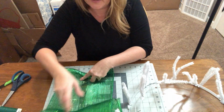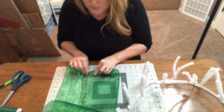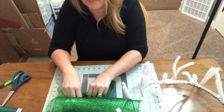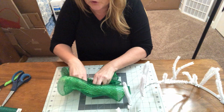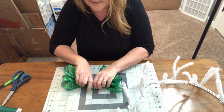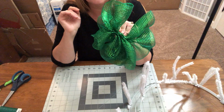So I take, here, let's set that right there. So I've got it curled right here on the edge, and then I start scrunching it forward with my fingers and pressing down on the table, because I want to try to ruffle this up as nice as I can. And seeing this edge right here, then I kind of tuck that down too. So I've got my little ruffle right here,